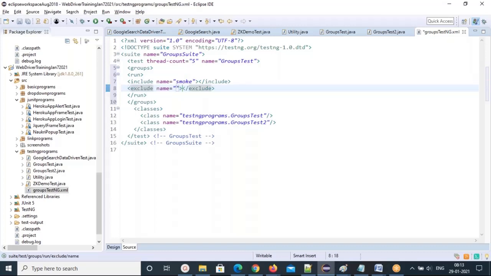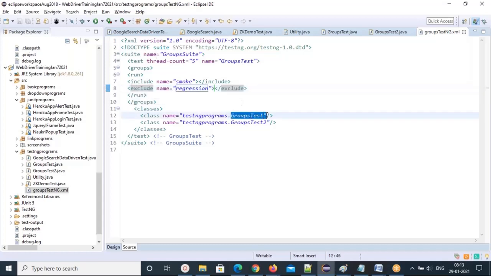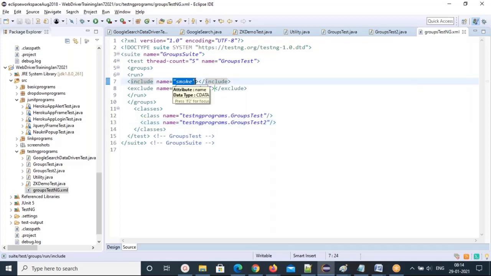We can write regression. That means for this suite file you are telling it: in these two classes, run only the smoke group test cases, and the regression group test cases you ignore. That's what we are telling.